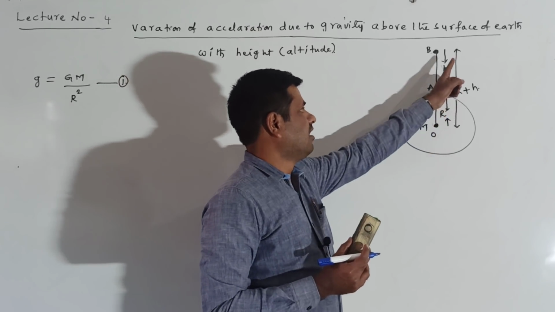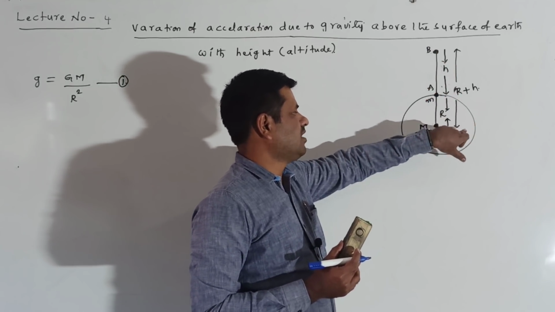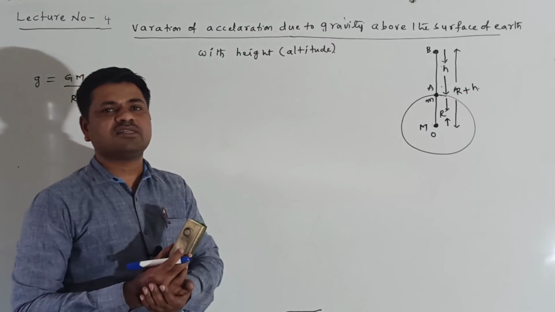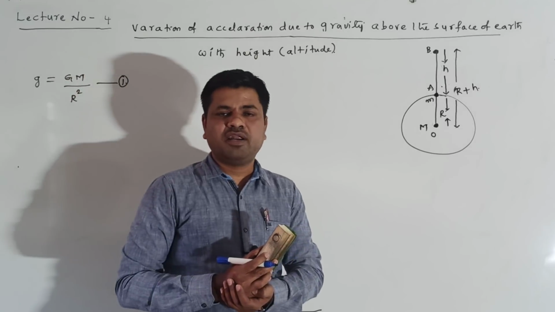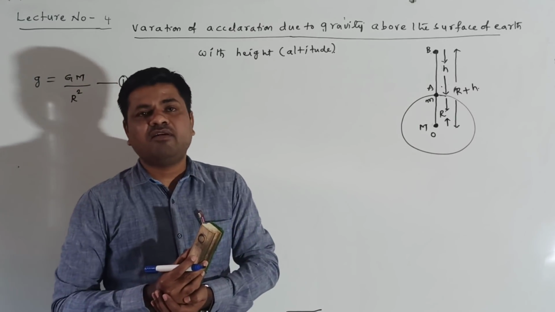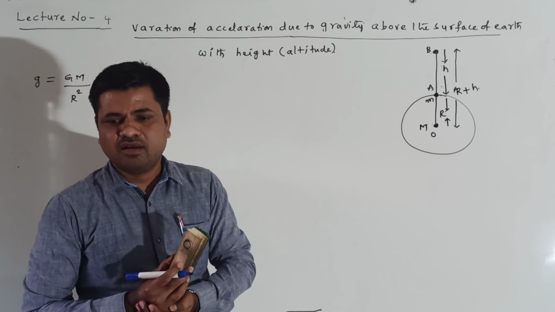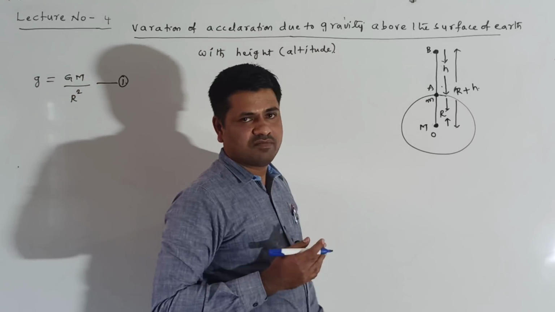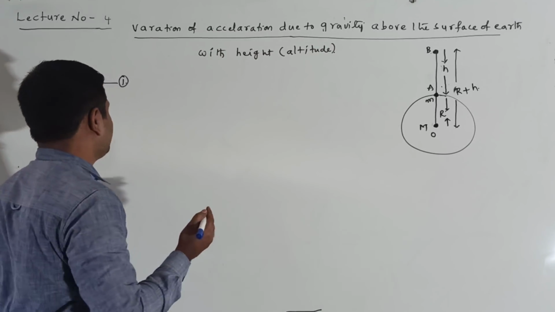The total distance of the body from the center of the earth is taken as R plus h. R plus h is the distance of the body from the center of the earth. h is the distance of the body from the surface of the earth. Now on this body, when the body is lifted to the h height, the gravitational force at the h height can be written as